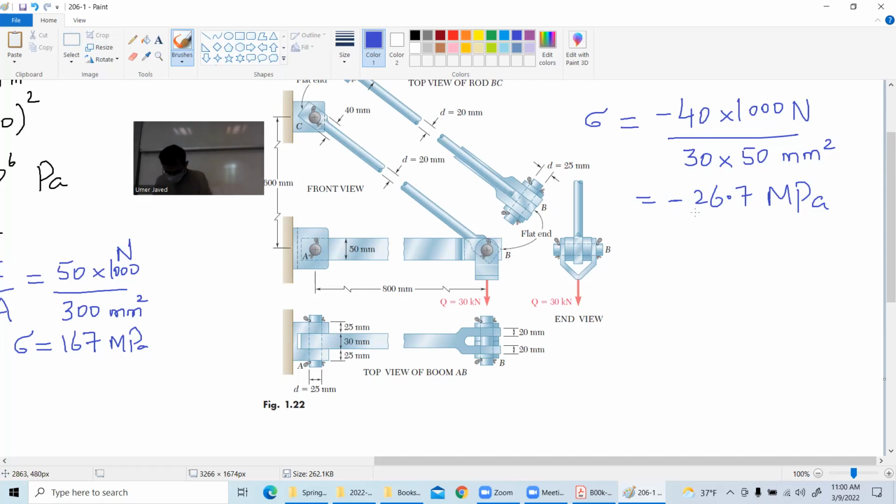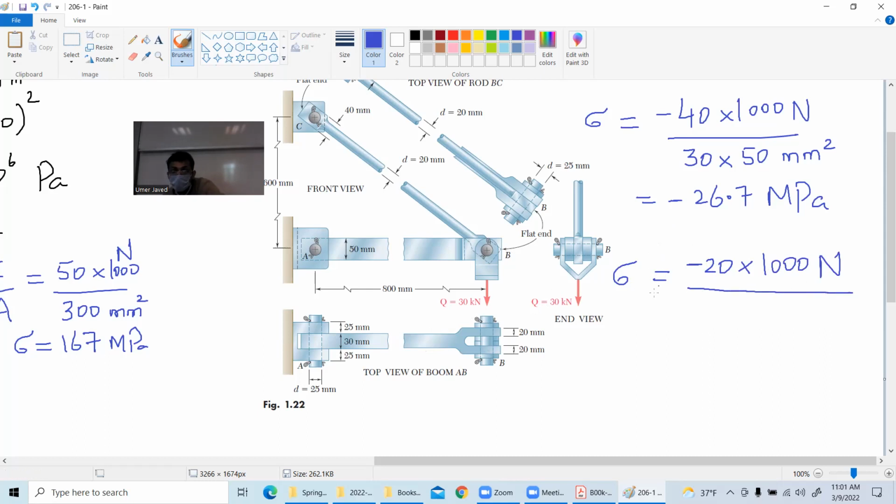Your book does not talk about it. Probably just for the sake of completeness, if you want, we can discuss this portion as well. Okay, so if you look from the top view, it tells you that this bar actually gets divided into two of these legs. And all you have to do is, if you have to really focus on the portion with the hole, it will be stress equal to, so you will have 20 into 1000